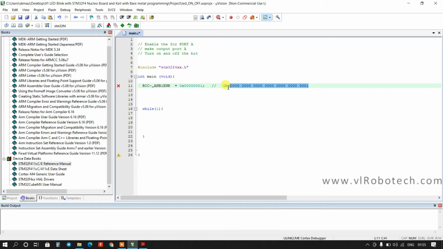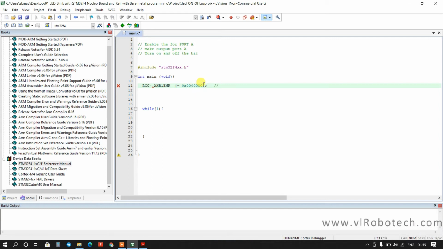So we will not type like this. Here we will use the OR bitwise operator, because if we want to enable another port clock, we can easily enable it, otherwise it will not enable.